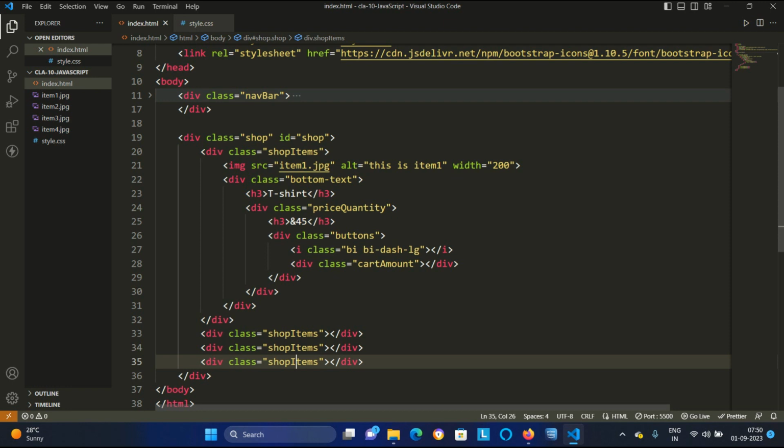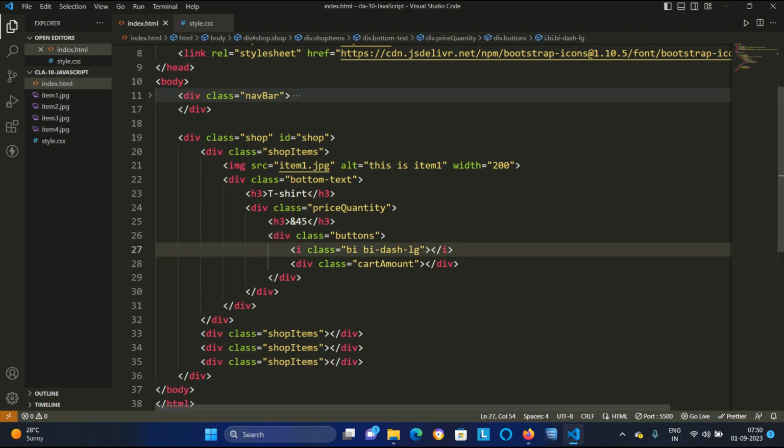In the bottom text div we have a heading, and then there is a price quantity, and in the price quantity we have a div which has the images. So one image, not image, icon. One minus icon we have used here, and then after that we are using the cart amount.